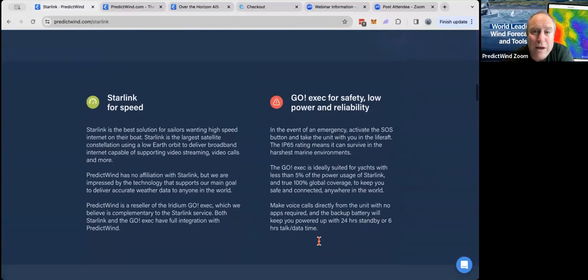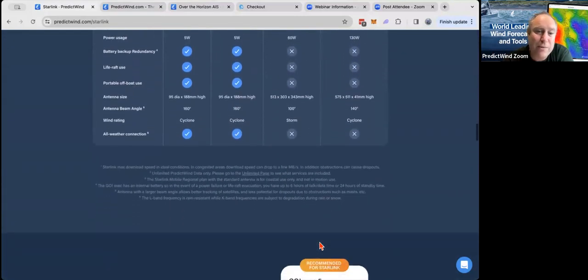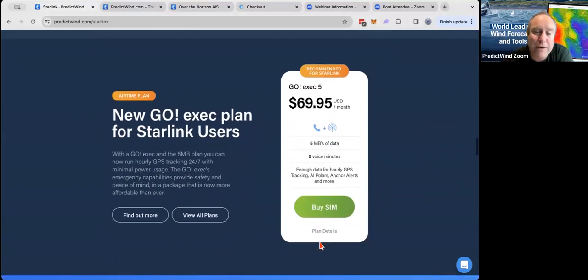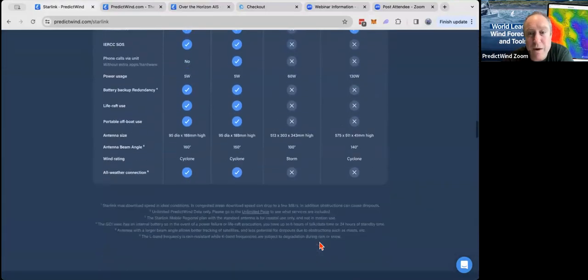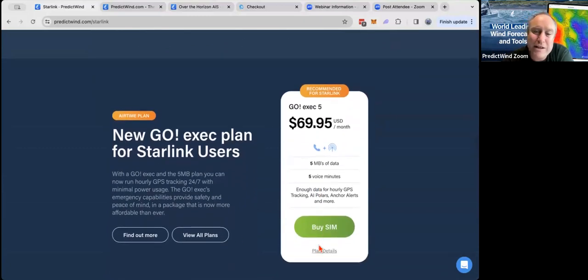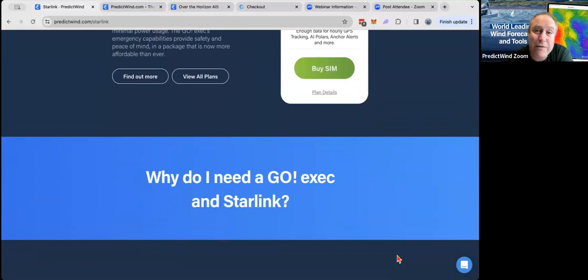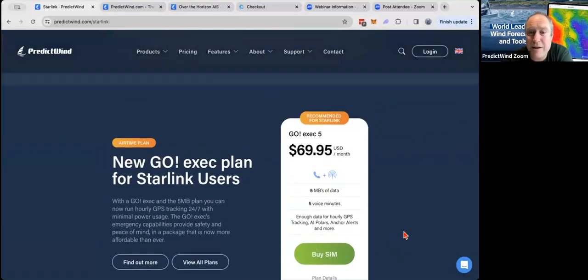And this page here, Kieran can probably link it. I don't think I need to go through it too much at the moment. We do have some reasons why you should have a backup. And also if you're on an exec or a Go and you have a Starlink, we do have some plans that are